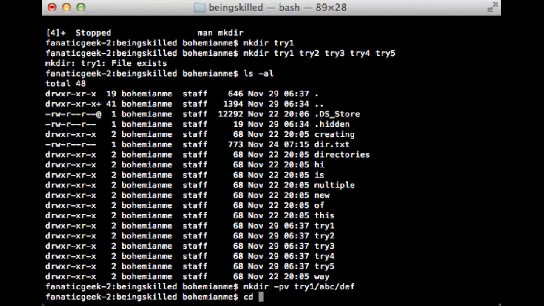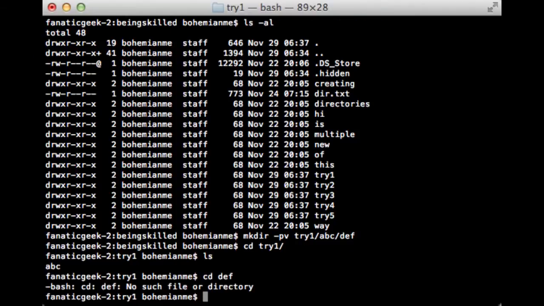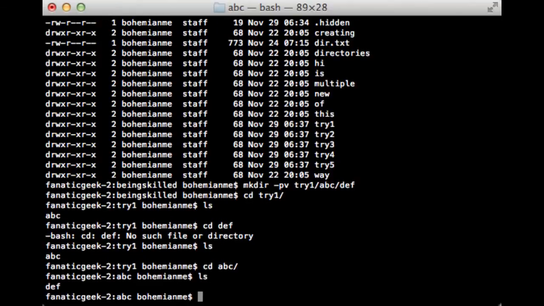Now when we go inside try1, it will show abc, and when we go inside abc, it will show def. So -pv is very useful when we want to create nested directories in a hierarchy.